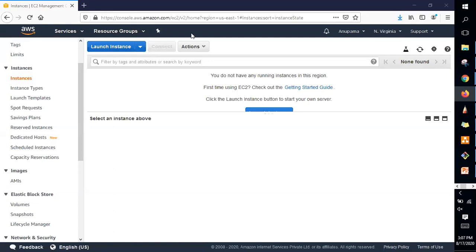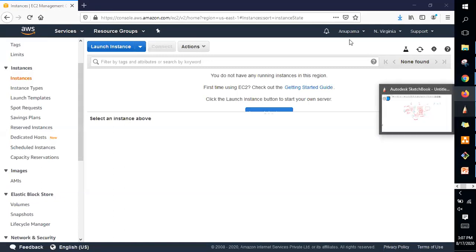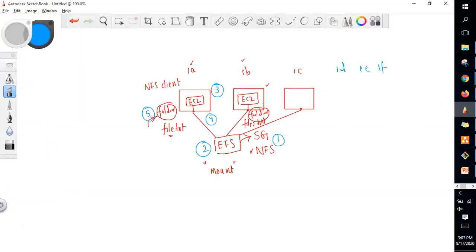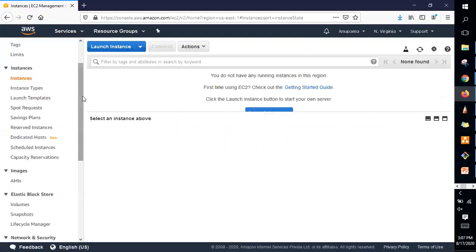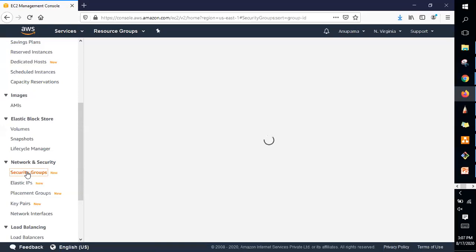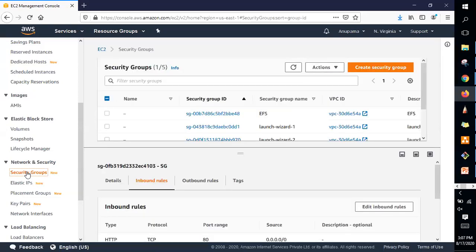Right. Okay. So, as said, the first step is creating a security group. Let me do that. In the console, scroll down, go to security groups, and create a security group.